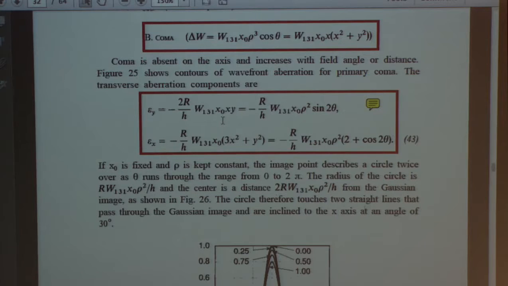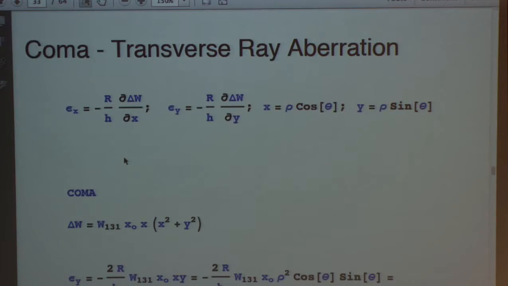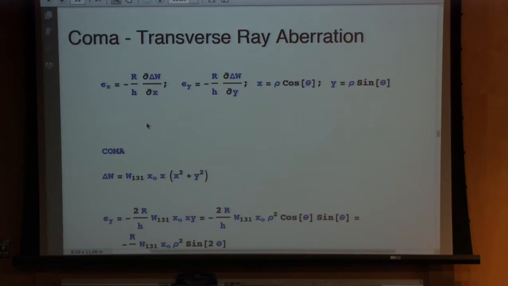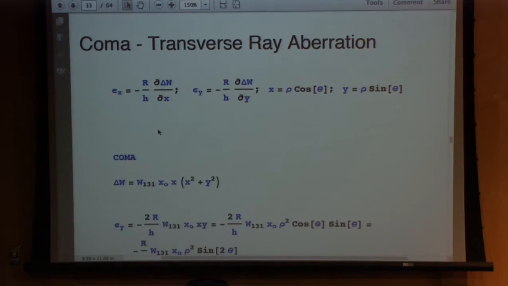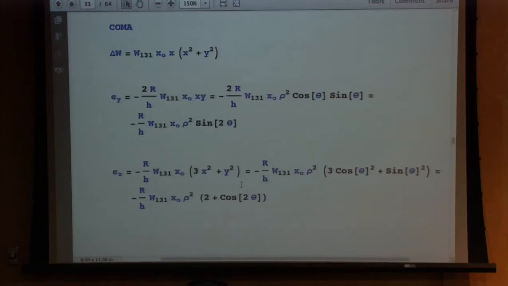Now I want to calculate the transverse aberrations, and this is a little more complicated, so I actually included the calculation here. Again, we remember that all we're doing is taking derivatives with respect to x and y. So epsilon sub x is minus r over h partial delta W with respect to x. And x is rho cosine theta, y is rho sine theta, and so on. So we write down coma here in terms of x and y and x naught. And we take our derivative here,